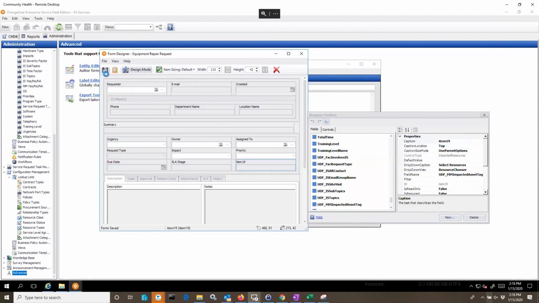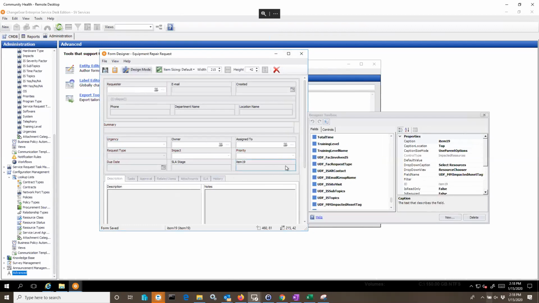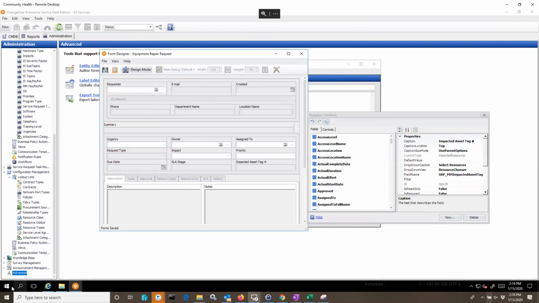Go ahead and save that. And there's a knowledge base article on it too, so I'll be sure to send the contents of that your way, because this is certainly not 101 level change gear. So now that we have that,